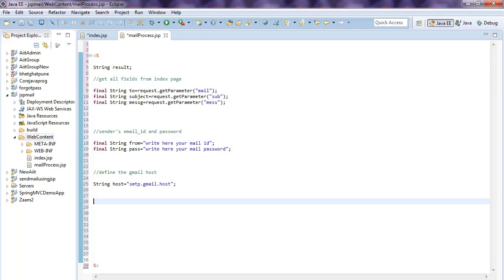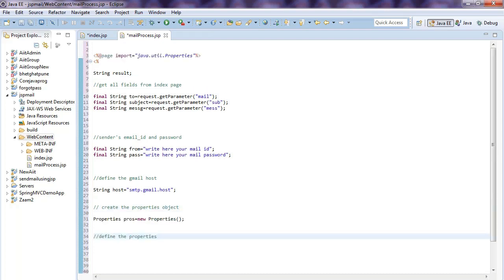Okay, after that you need to create the properties object. You need to define the properties like port number, which type of protocol you use, username, password. These fields are all mandatory, so here you need to define the properties.